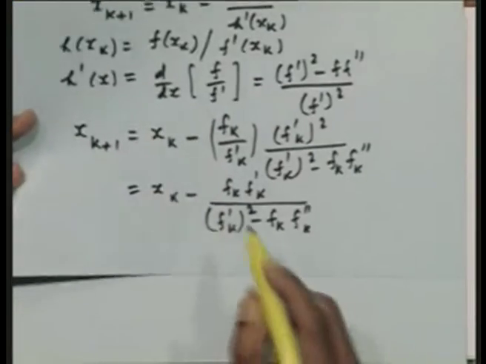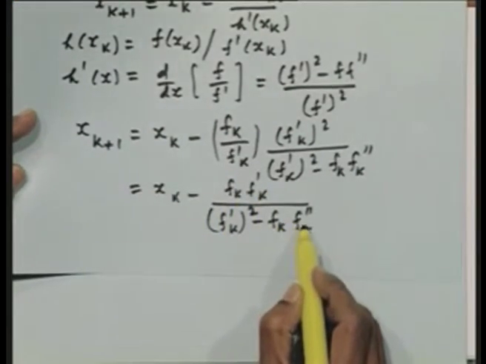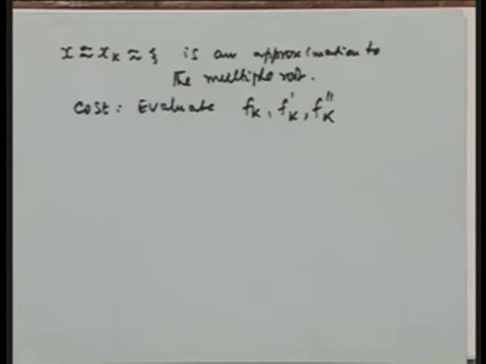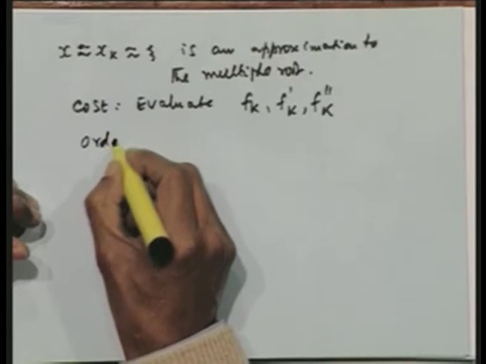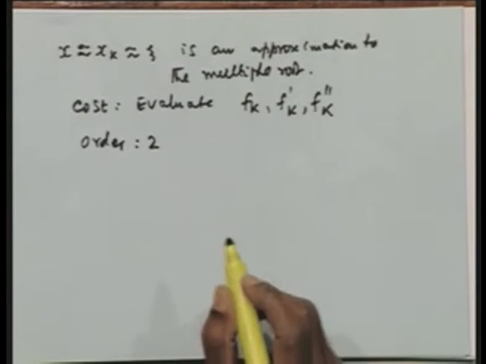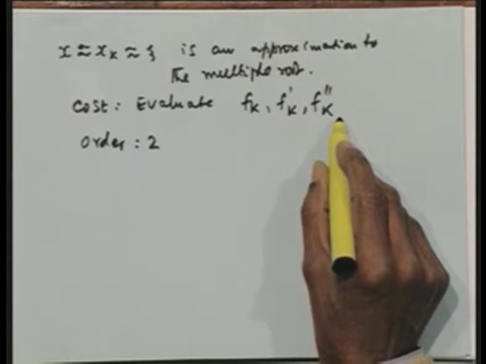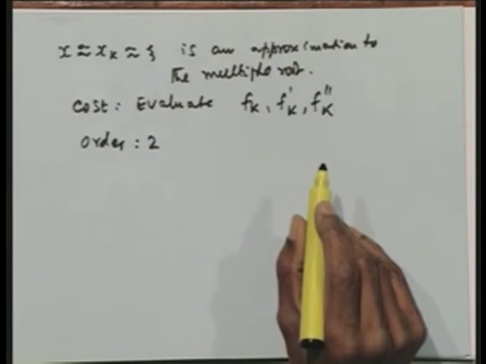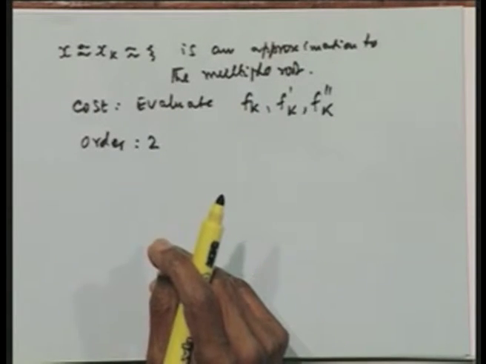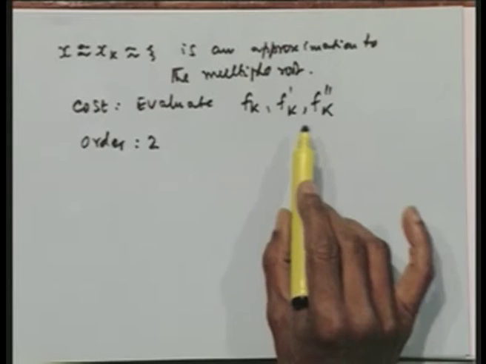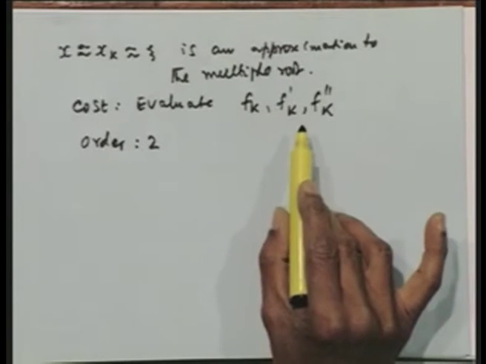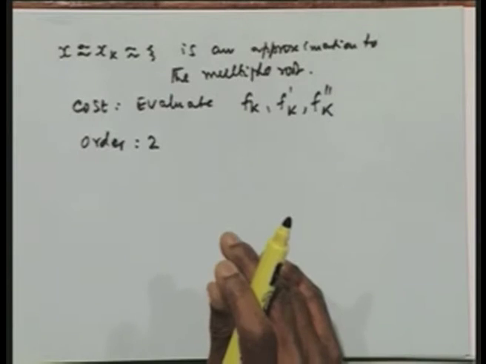So, you can see we have got f k, f prime k and f double prime k. So, I need three evaluations to get the Newton-Raphson method, and the order of the method is the same because we have evaluated the simple root of h x equal to 0, so the order of convergence is 2. The only thing that we have done is one extra computation. If this extra computation is allowed and we do not have any problem, we can definitely use this particular method, but we shall give an alternative method wherein we do not need three evaluations, we need only two, provided you know in advance the order of multiplicity.